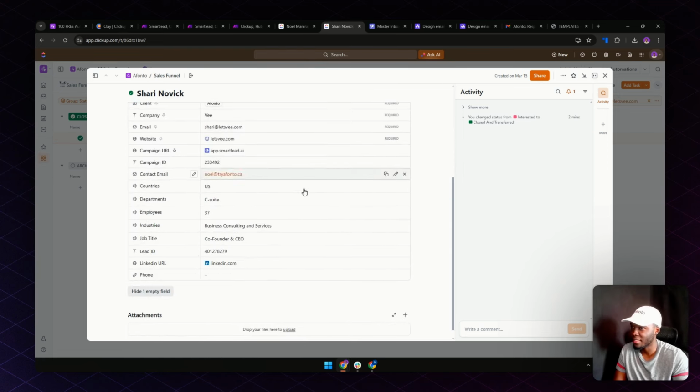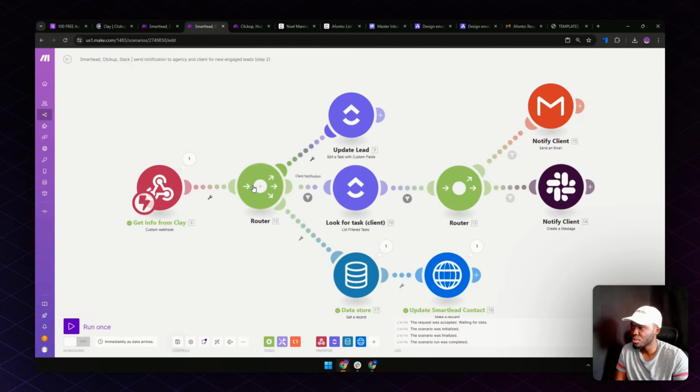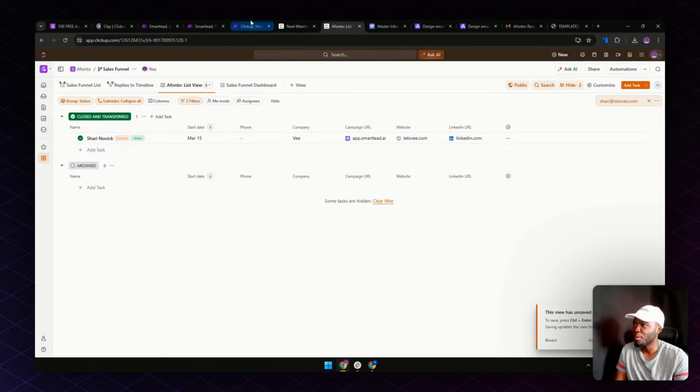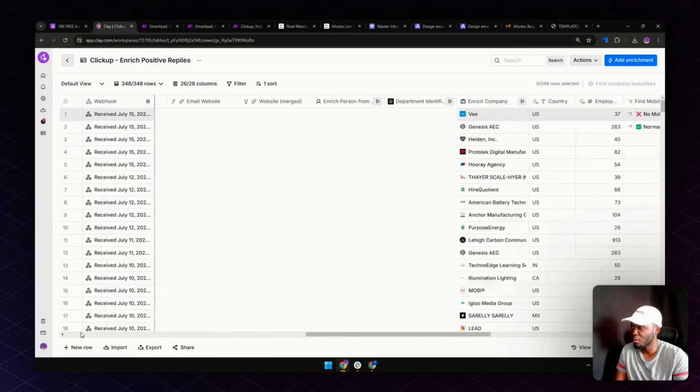So the phone is not there. Okay, and so, oh, it's because this is actually off. Okay, so you'll see what happens when we bring it back. And so it goes into the Clay table, and then inside the Clay table, it's doing what you've just seen,